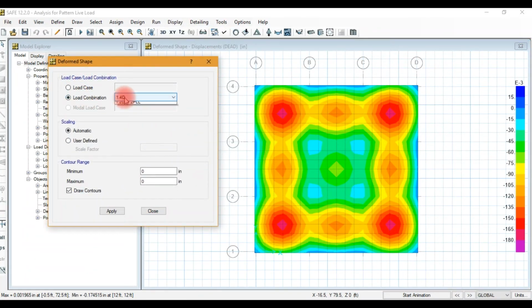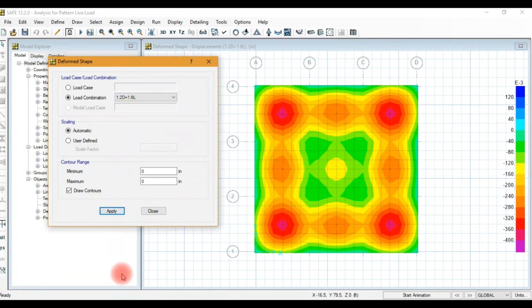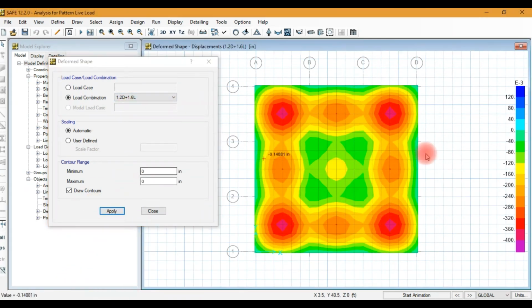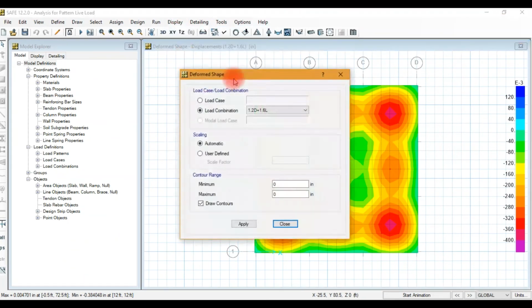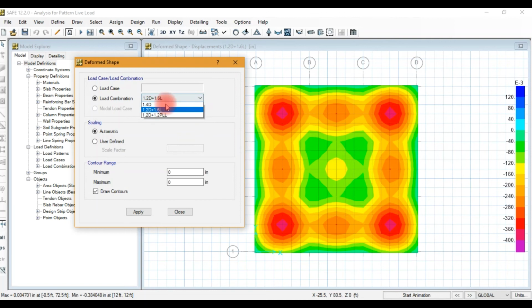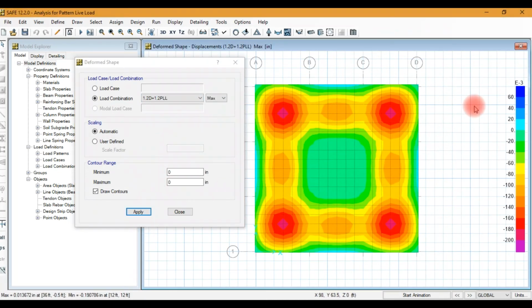Now for simple live load pattern, the values range from 120 to -400 e power -3, and for pattern live load the values are 60 to -200.